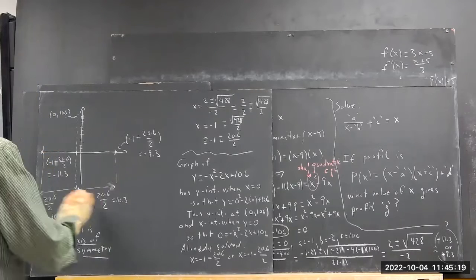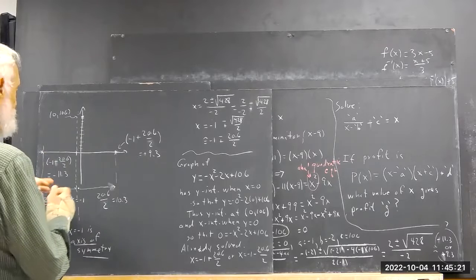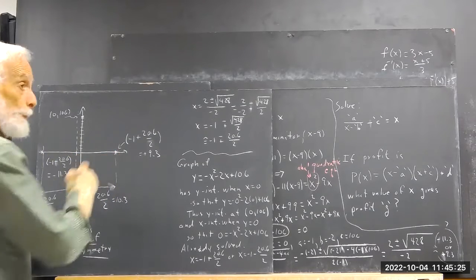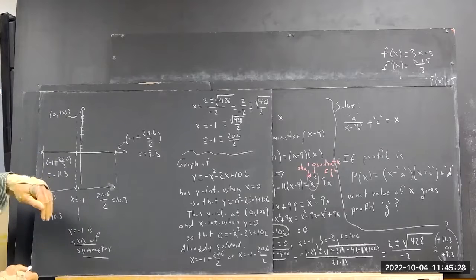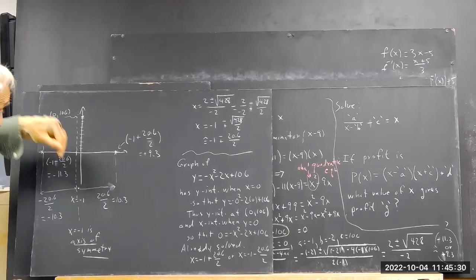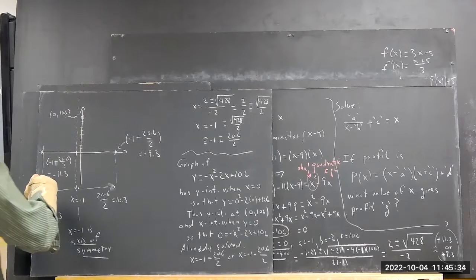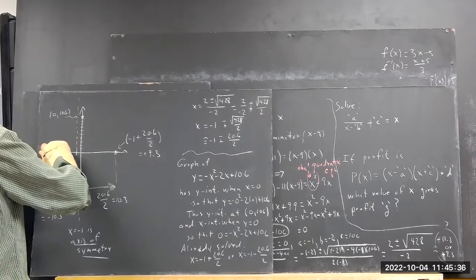We have a symmetry about this line, the symmetry being that anything that happens on this side also happens on this side. It's a mirror image. What happens on this side is a mirror image of what happens on this side. And if that's the case, then we simply have to have the peak